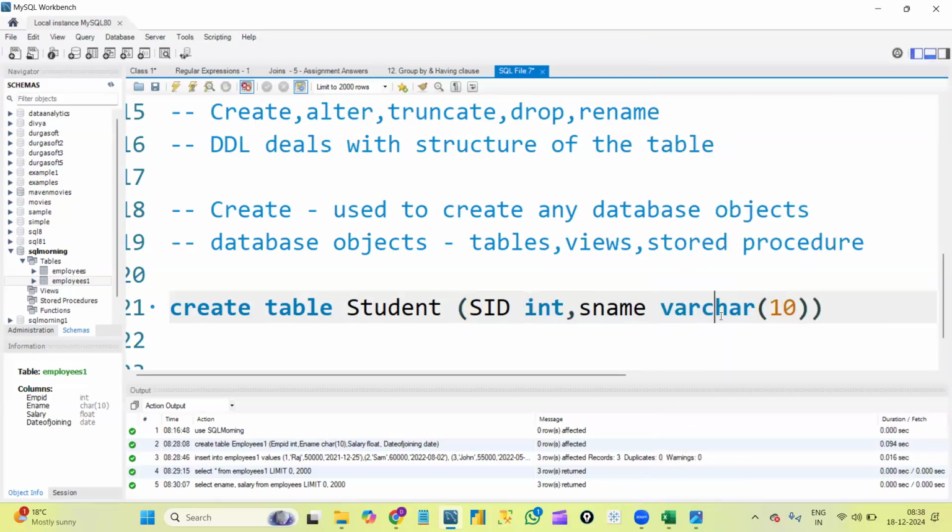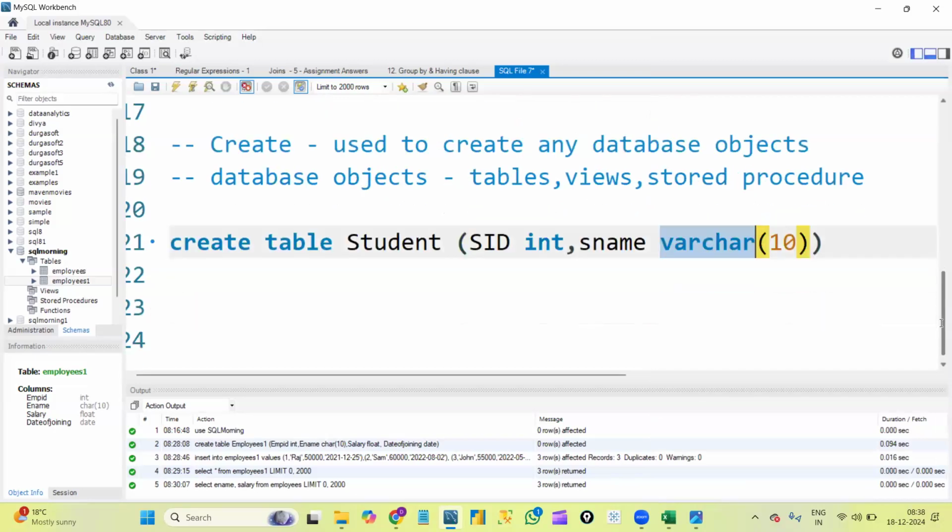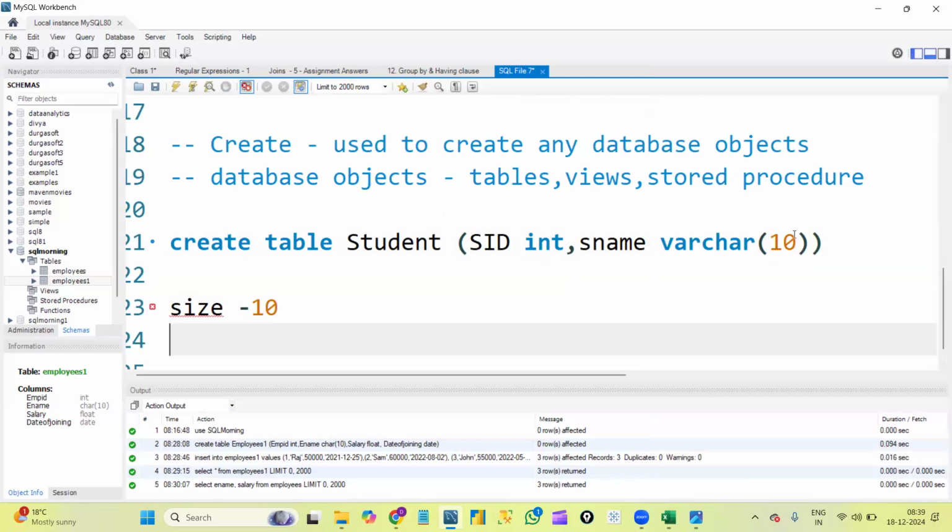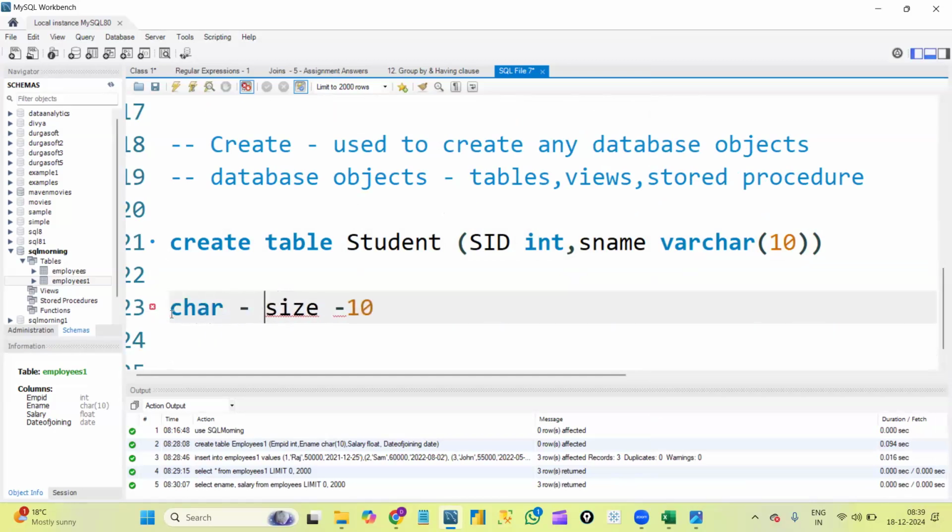So what is char and what is varchar? As I said yesterday, in char, basically suppose I define the size as 10. If I define the size as 10, that means whenever we are storing character data, we define the size. If we define the size as 10, we can enter up to only 10 characters. But suppose I'm using char as the data type, I gave size as 10, and in that I entered a 3 letter word, okay,